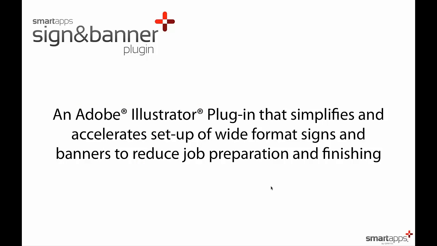If you do signs and banners and things like that a lot, we have a sign and banner plugin, which is an Illustrator plugin. So if you're working in Illustrator, you can use this sign and banner plugin to do things like bleeds, cut marks, fold marks, grommet marks. You can very, very quickly add these types of marks with, let's say, 1 to 3 clicks. You can prepare your banner with 2-inch bleed, grommets, let's say 3 grommets across the top or grommets every 12 inches,